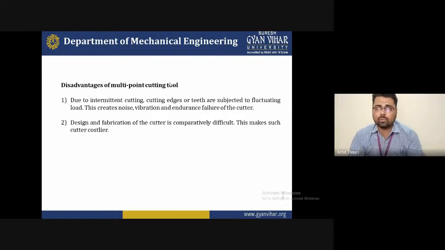Because whenever you transfer load from the surface of the tool to the workpiece, a lot of stresses are generated on the surface of the workpiece, which matters for a good surface finish, because the tool life will be damaged. If the tool life is damaged, your workpiece will not be properly made with a good finish. So the overall objective of this slide was to understand the multi-point cutting tool geometry, because there are multiple cutting edges.